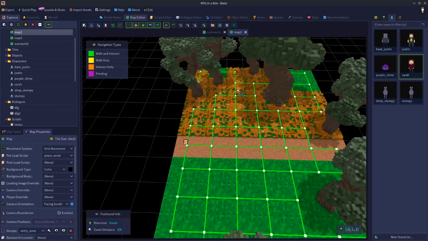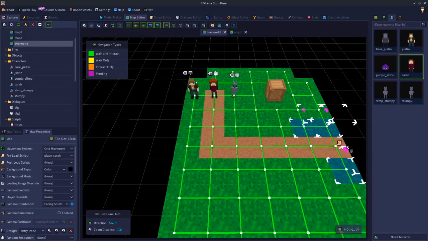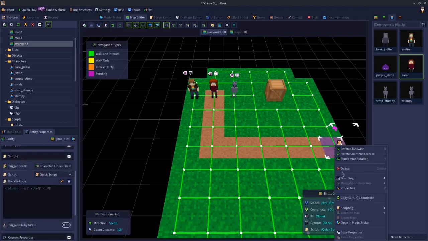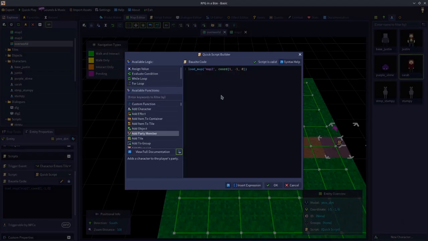So the first thing we need to do is, like we did with Sarah, remove these party members from this map when we leave, okay? So for that, we're going to edit the quick script. Before we load map, we're going to for loop through our party codex. So for party member in party do,